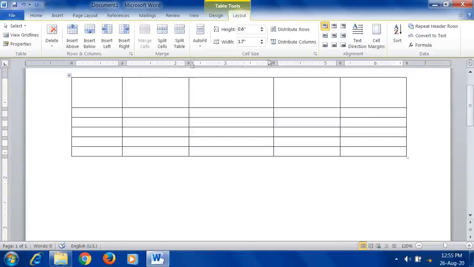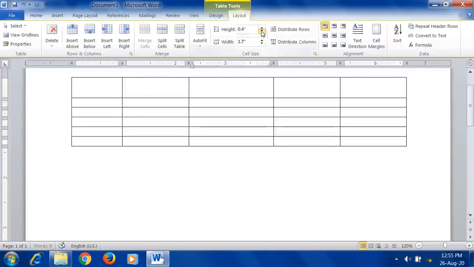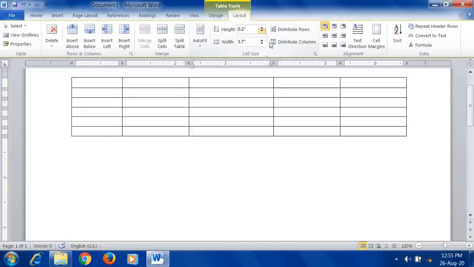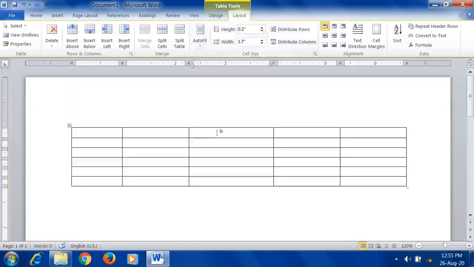So now the point is splitting. How can we split? First, what does splitting mean? Splitting means dividing the selected cell into separate cells. For example, this is a single cell. Now I want to make 2-3 columns in this single cell. That is called splitting. Splitting means in a single column we can divide it into 3 or more, as many as you want.